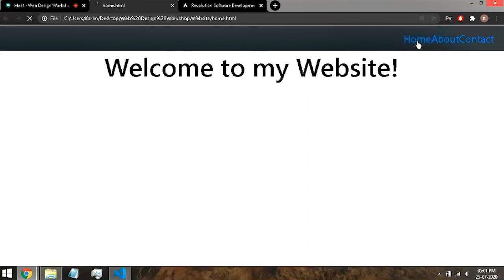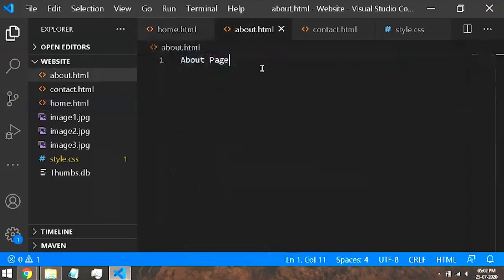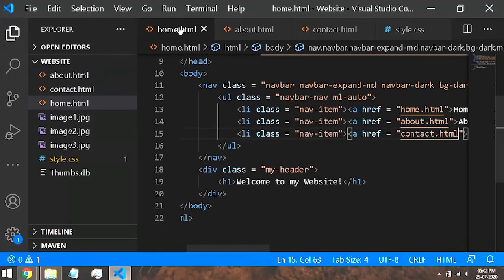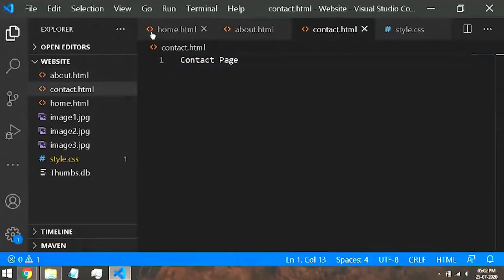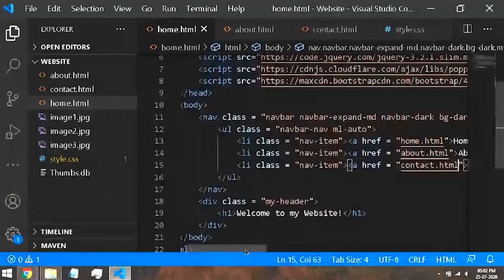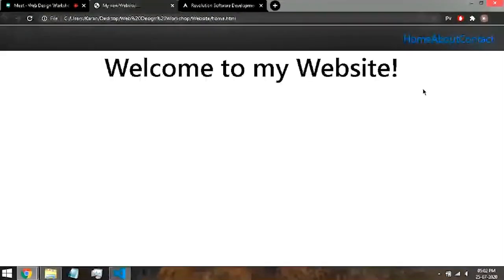If I click on home, I stay on home. If I click on about, I go to the about page. So here you can see the about page was written. You can also see that this is an HTML file and I did not add the basic markup of html open, html close, head open, head close. I directly wrote about page. If there is only one thing that you want to print to the browser, it doesn't matter whether you include any tag or not, it will treat it as text only and display it directly. So the about page was working. Is the contact page working? Yes, it is working. Now if I go back,